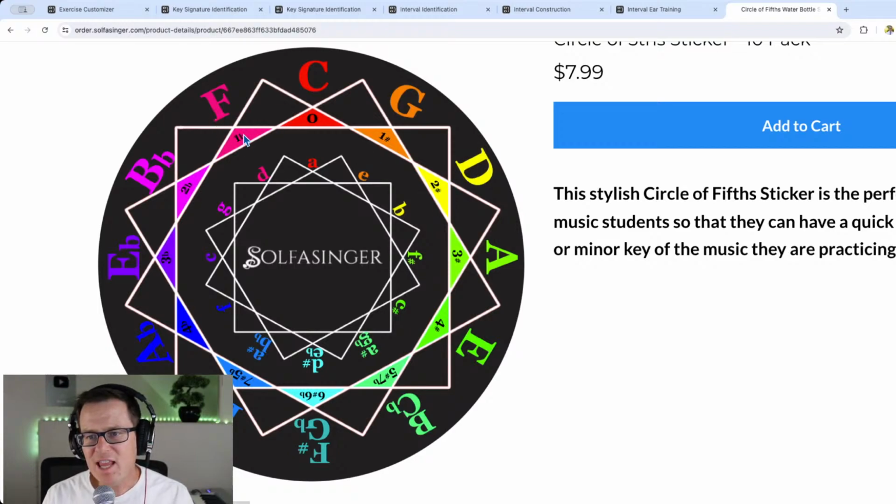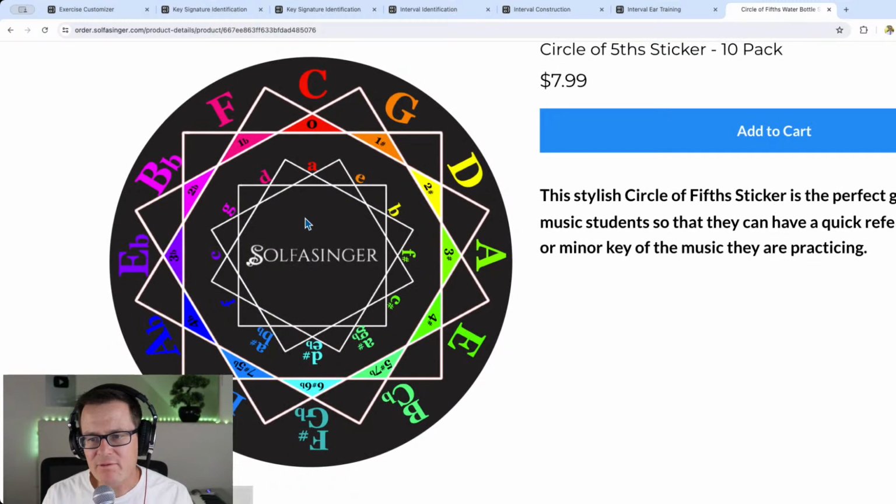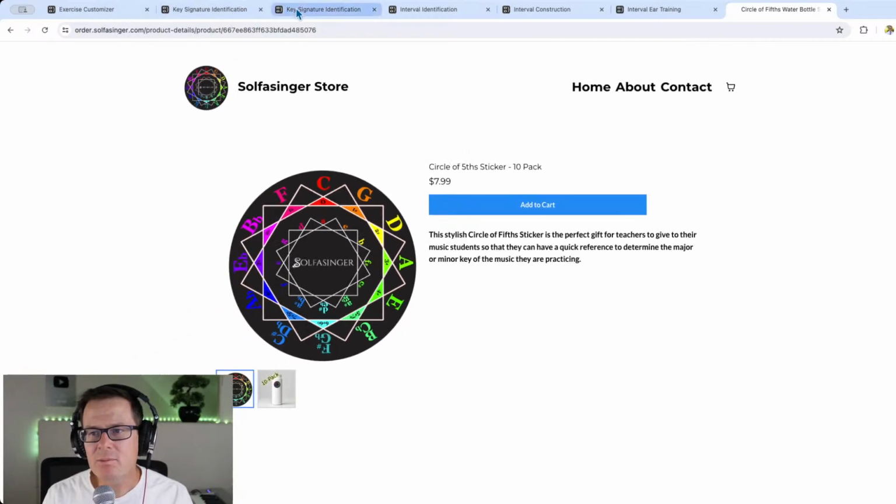I said one flat is F major, two flats is B flat major. And it just goes around a circle. These bottom ones are a little confusing, so don't worry about those yet. But these are your main keys, and you can just use this as a quick reference. The circle around the middle are the minor keys, and we'll talk about those another day. Okay, so let me go back to our